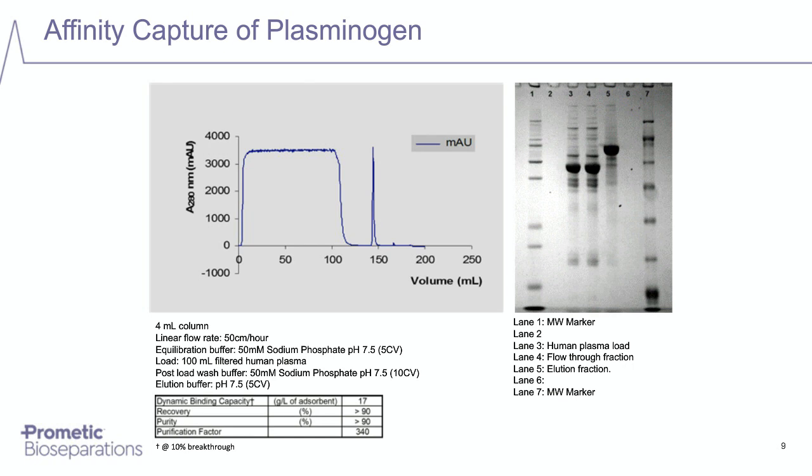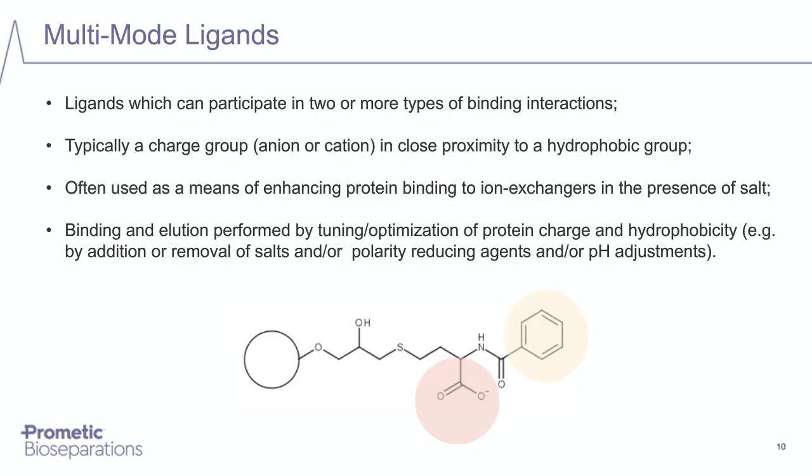So, thinking more about the polishing steps now and the use of multi-mode ligands. These are small molecule ligands that can participate in two or more types of binding interaction. Usually they're small ligands that combine a charge group, either anion or cation, in close proximity to a hydrophobic group, which is usually some kind of aromatic group. These multi-mode ligands can be used as a way of enhancing the selectivity of ion exchangers,